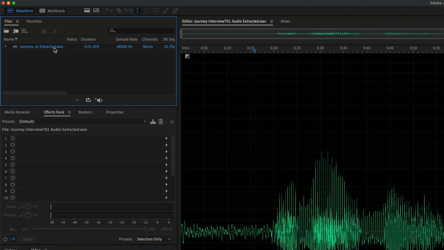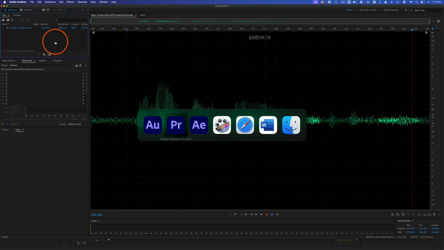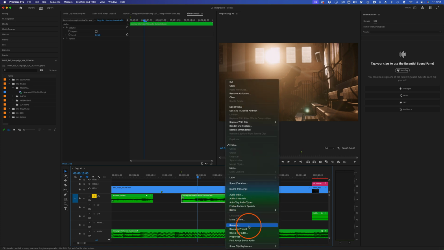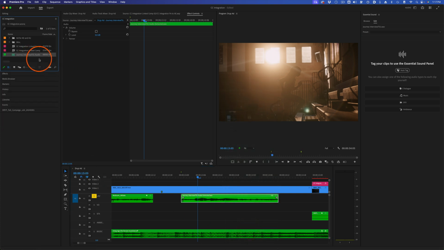You see the word extracted there in the file name, and if I go back to Premiere, you'll also see that extracted is what is shown there. And if we reveal that in the project, it's going to show up here. You can see that it made a copy of this audio file that we sent to Audition, and any changes that happen in Audition will ripple back through Dynamic Link and you'll be able to hear it here in Premiere. This copy protects your original media, and you can always get back to that on the